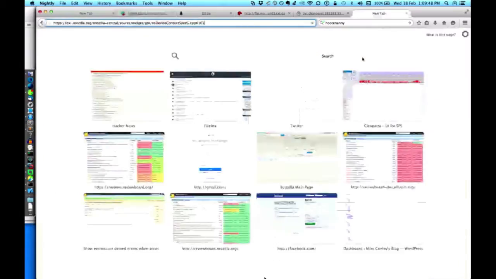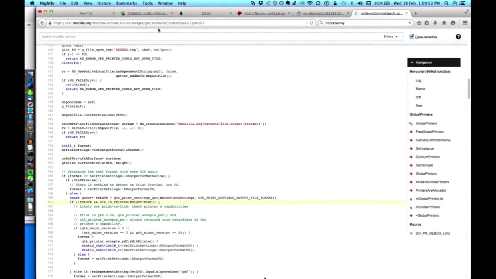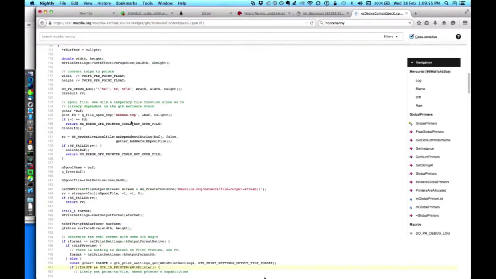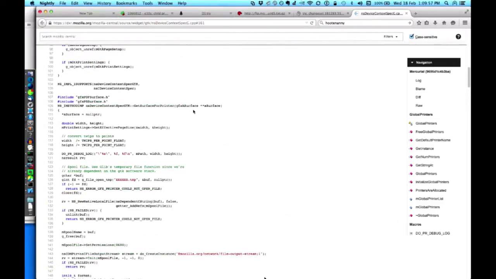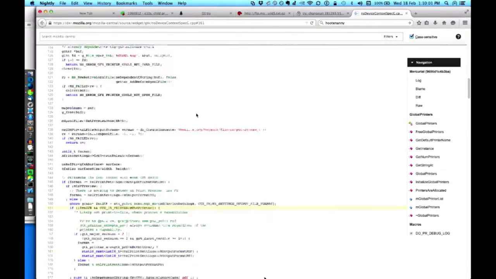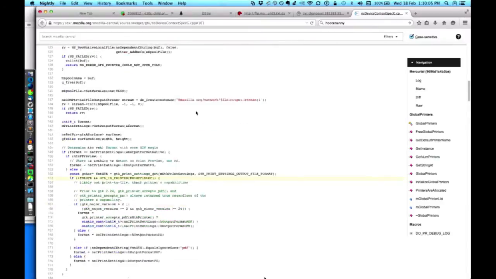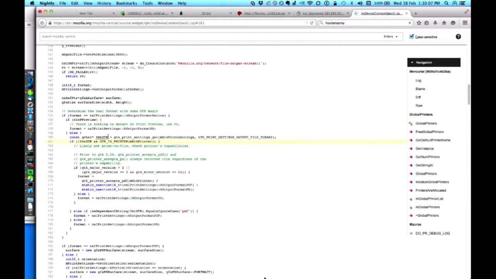Okay, so this is NSDeviceContextSpecGTK, in a method called GetSurfaceForPrinter. This is basically the part where it decides where to blast down the layout and graphic stuff that it's computing whenever it's actually doing the print job. It gets information from the print settings, which is fine because we've serialized and deserialized the print settings, and we've recreated it on the child side. And so we're able to do this without a problem.